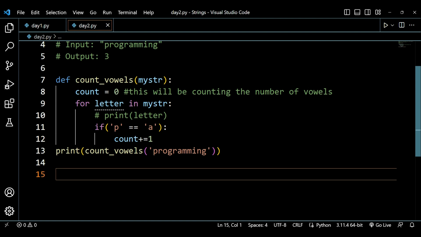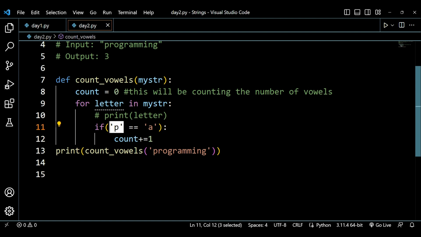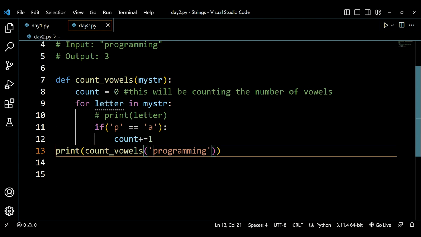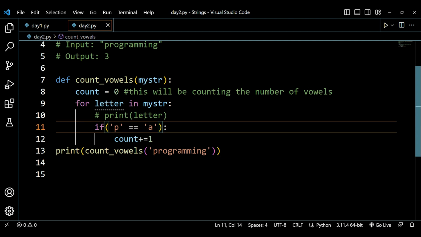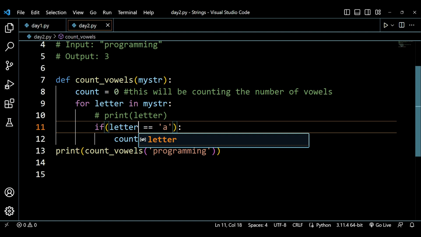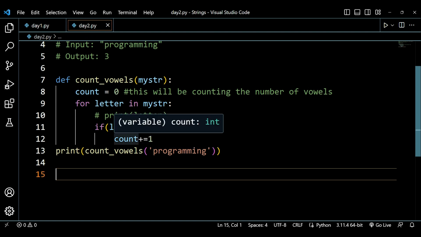What I mean here is that the P will not necessarily be present here. It could be any set of characters here. It could be Arsalan, it could be hello, any value. So instead of putting P here, I will just put letter here. So letter will be any value inside my str. It could be